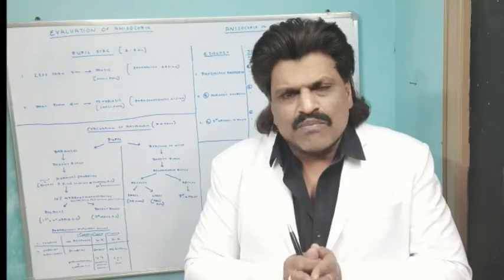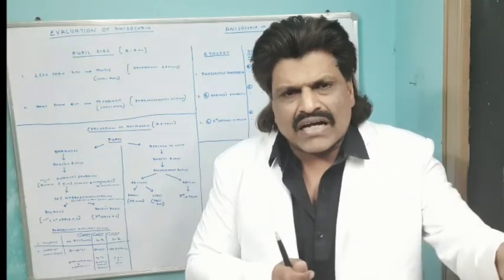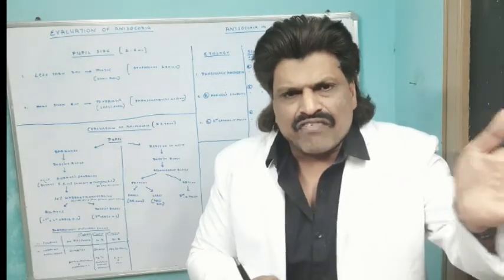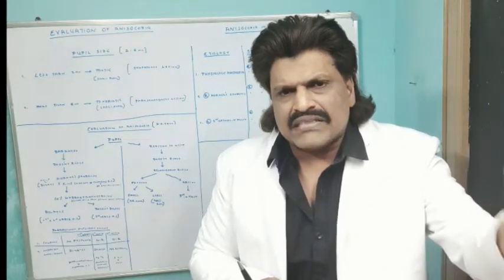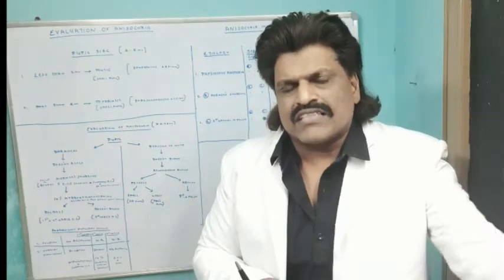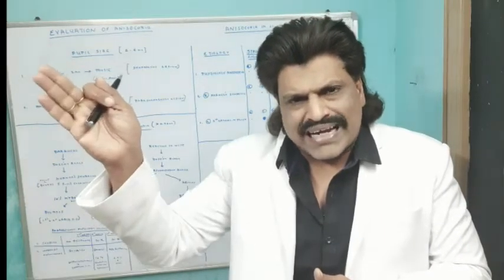So to summarize broadly, we divide it into two reactions: one, reaction to darkness; two, reaction to light. If it fails to dilate in the dark, that means it is a sympathetic lesion, Horner's syndrome. To bright light, if it fails to constrict,